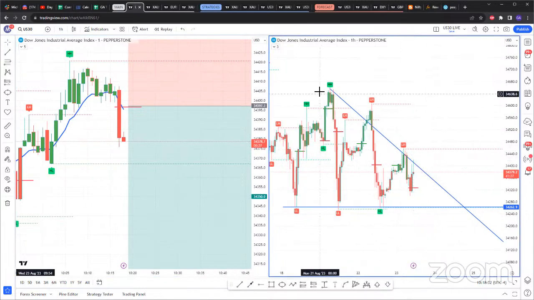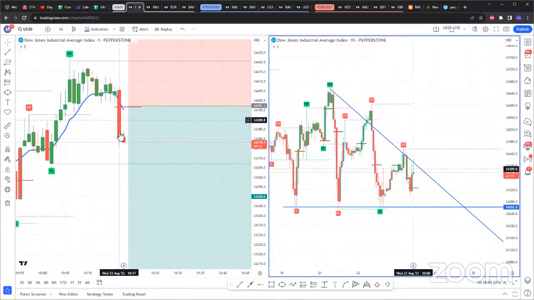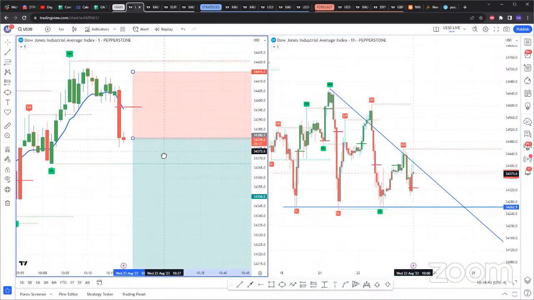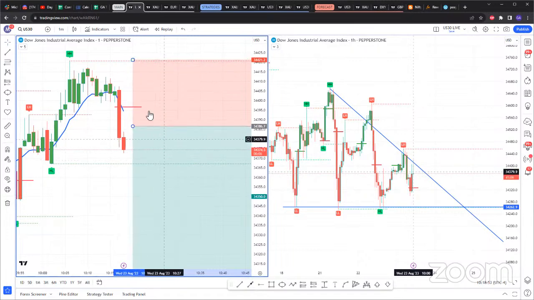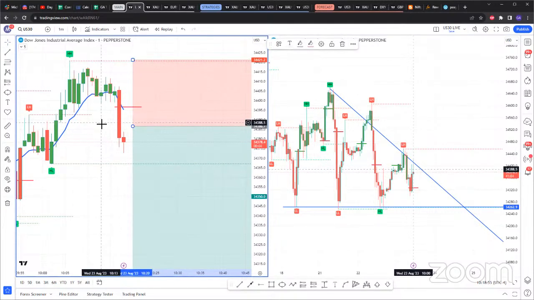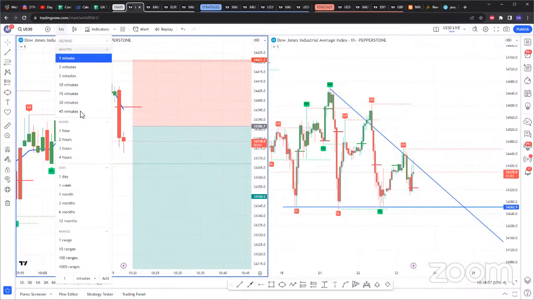And also here, if you look, as much as it's not the chart that I draw my trend lines at, you can see here that we are rejecting from this hourly trend line to the downside. Now, if you trade 1 minute candles, for me, I'm already in a sell, so I really don't want to jump into this. But for me, I want to wait on the 5 minute.